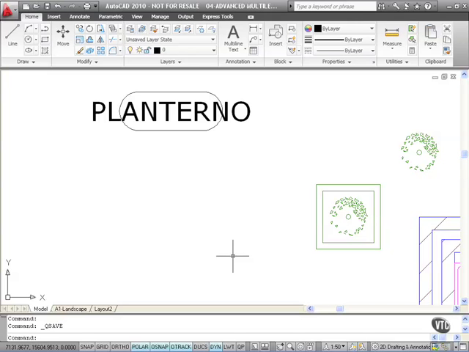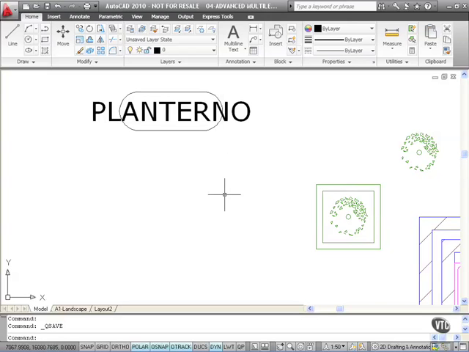We're now going to have a look at Advanced Multileaders in AutoCAD 2010. What you'll notice, we have a polyline and an attribute, both on layer 0, ready to be incorporated into a multileader. So the polyline there is going to be the bubble, the planter number attribute is going to fit into that bubble, and then there's going to be a leader line coming off of it going down to the